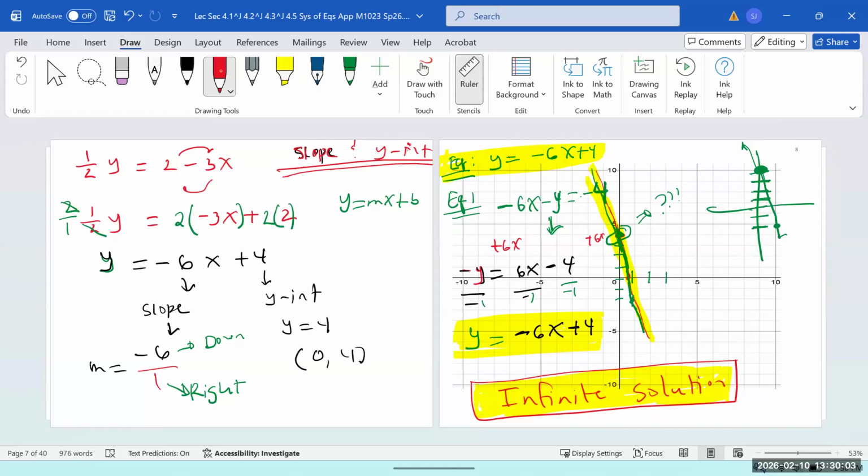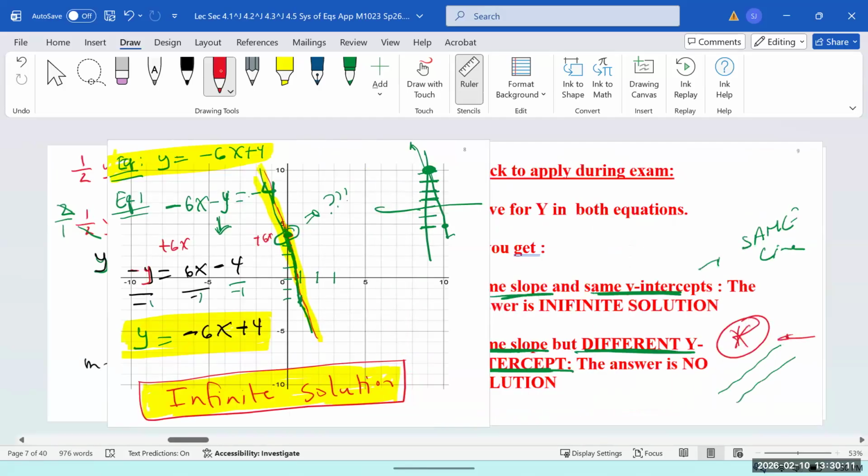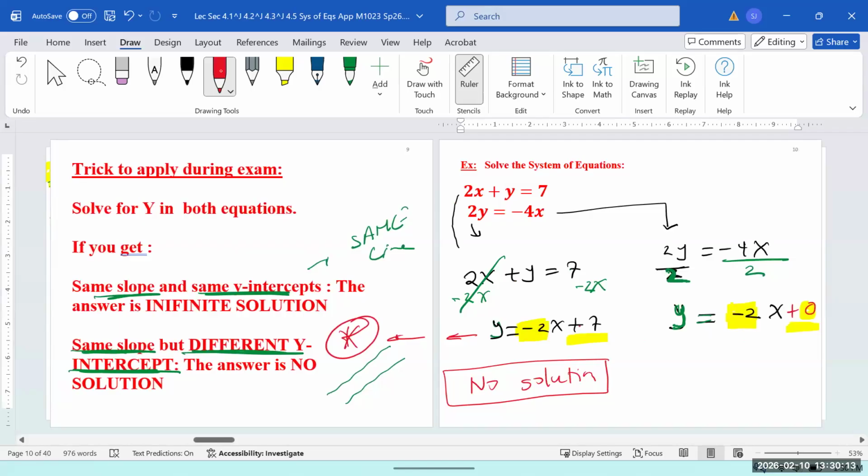I did it a different way. When I did that system of equations, I did 2y equals negative 4x, so I divided by 2 on both sides, and then I got y equals -2, so I plugged the -2 back into the equation. This is called the substitution method. We didn't learn it yet. You're going to learn it now. You're not wrong, okay? I'm just showing you all the tricks to apply in the exam, because the exam doesn't have much time. So you need to know all the shortcuts.